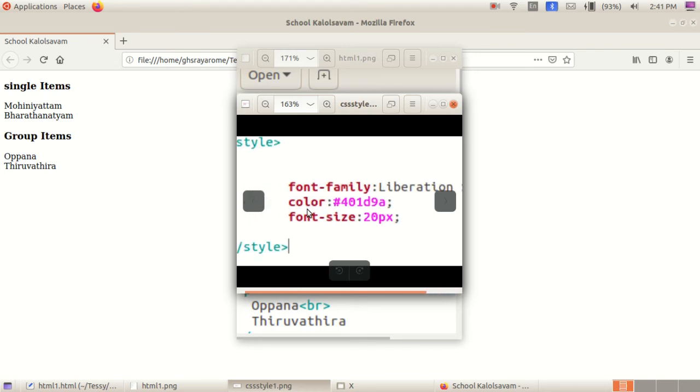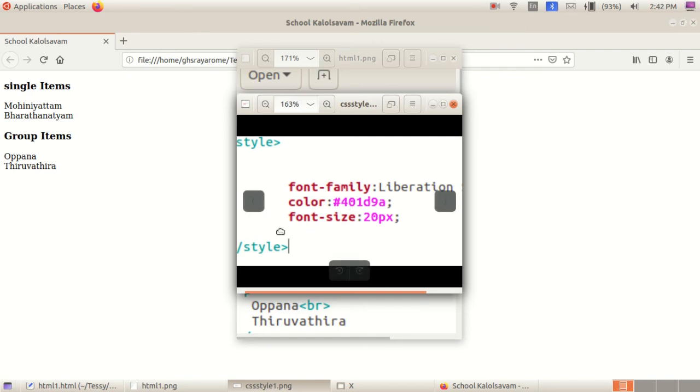After that, color is the attribute, its value is #401D98, then semicolon. All of you understand? Attribute, colon, value, semicolon. Font-size, colon, 20px, value, then semicolon. This way we want to do it.